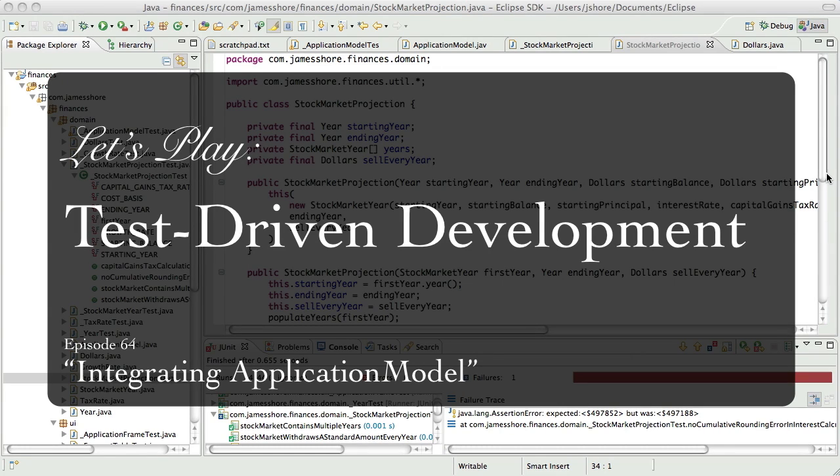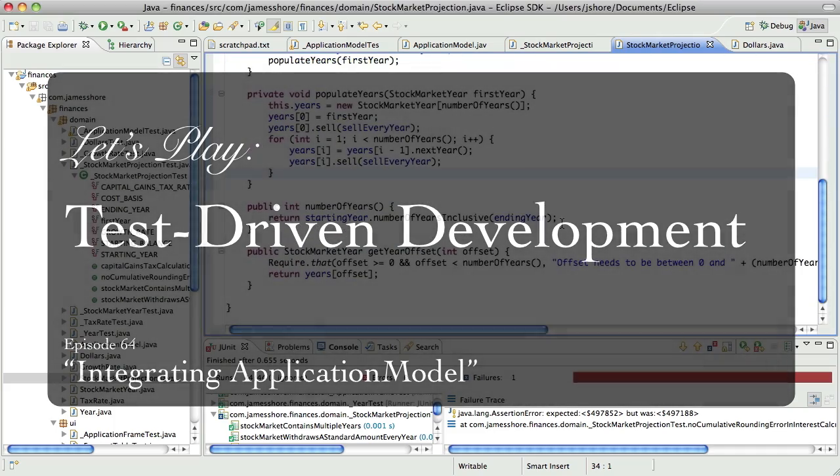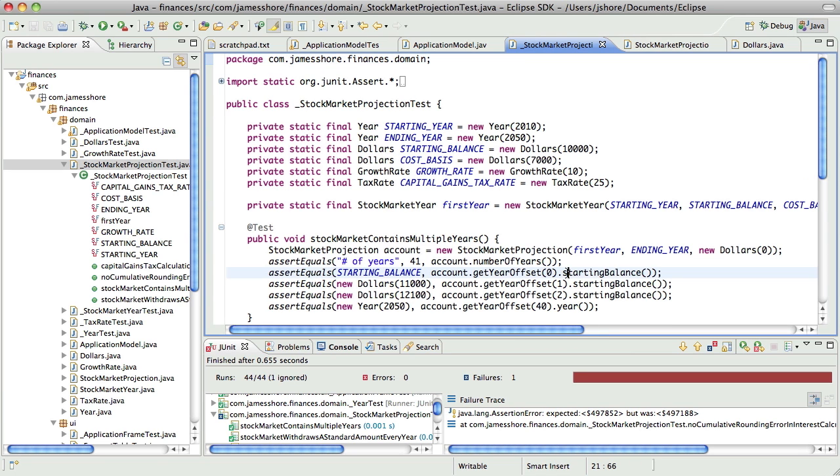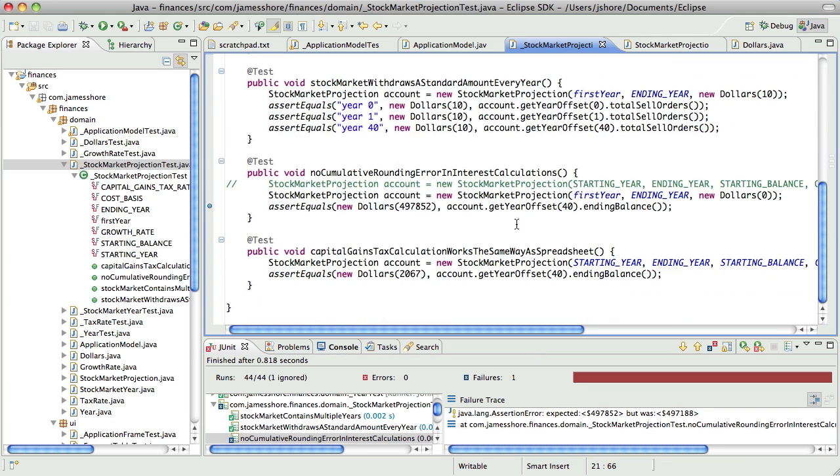At the end of the video last time, we were refactoring the stock market projection to have a simpler constructor, and it wasn't working. The test was failing, and I took a little time in the break to figure out what that was. It was really frustrating, actually. It was a very challenging little problem because it showed up when this was uncommented, but not when this was uncommented. So this line worked, this line didn't, and they looked like they were executing the same code. And it turns out they are executing the same code.